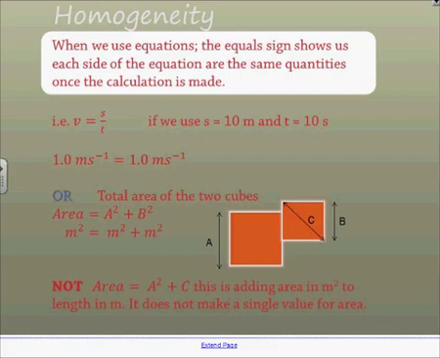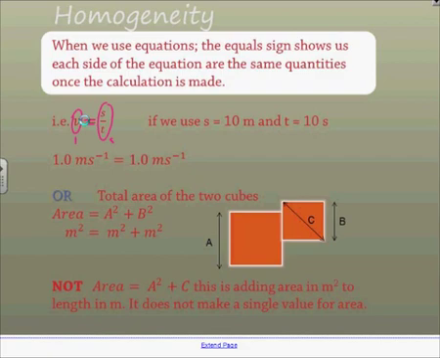The reason for that is if you look at this equation here, the equal sign tells you that both sides of the equation mean the same thing. So this side is velocity, that means this side is also velocity. Both sides have to be the same thing. So if both sides of the equal sign have the same units, then we can say that